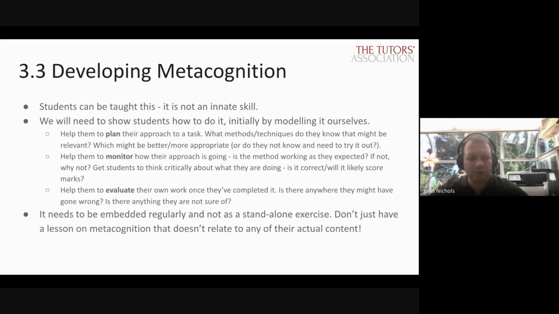So with metacognition, you could have students that come and they already do this, and that's great. You can still encourage them to do it more or more consistently, but generally speaking, students need to be taught to do this. And you can have adults that don't do this. They just go, oh, I think it's this, and they don't bother checking it. They don't even think about whether they might be right or wrong, or how likely they are to be right or wrong.